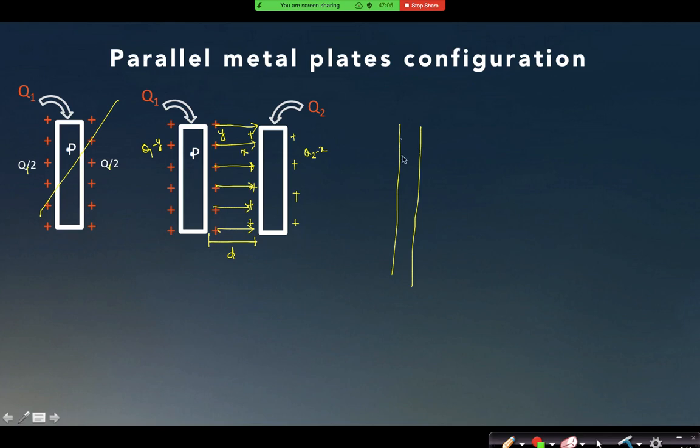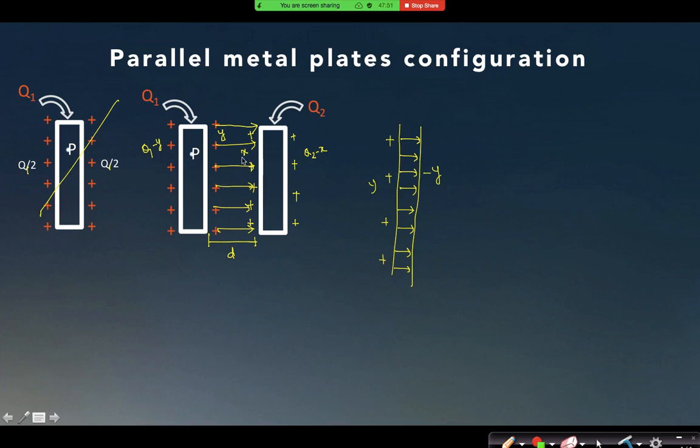So as the plates are infinite long, all the field lines generated from this point should end onto the facing surface of the other plate. So suppose 6 field lines are generating here, and 6 field lines have to end at this surface, then what will be the charge on this surface? Can you tell me? Negative of the first surface. Negative of y? Yes. If this is plus y, then this surface will definitely carry minus y charge. Is that clear to all of us?